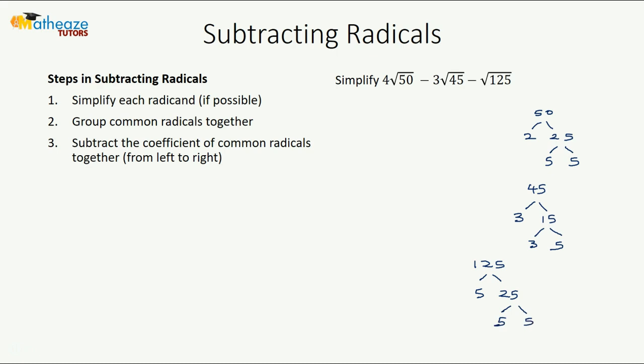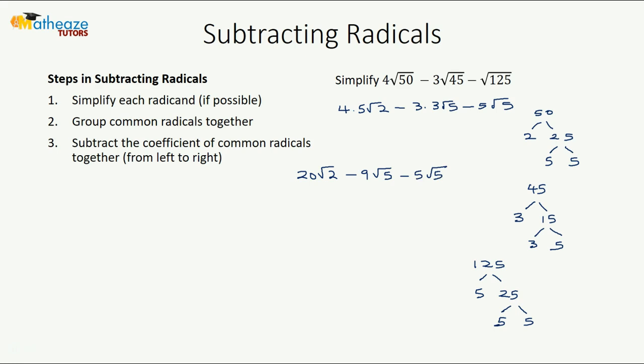So 50 is 5 square root of 2, 45 is going to be 3 square root of 5, and then 125 is 5 square root of 5. So here's what we're going to do. Let's simplify this. We have 20 square root of 2 minus 9 square root of 5 minus 5 square root